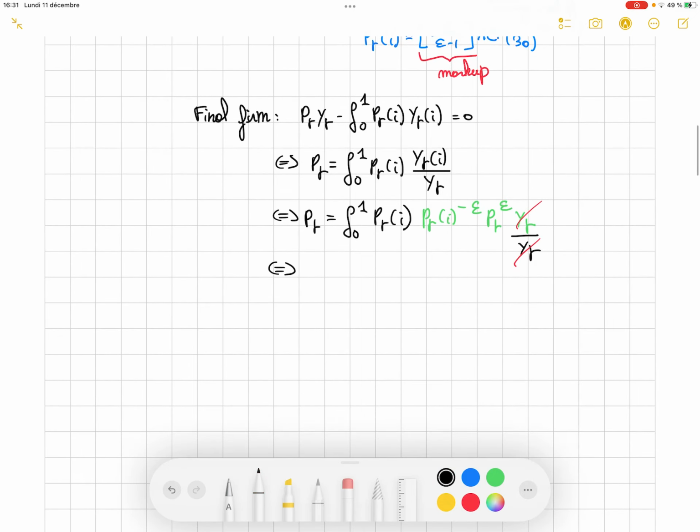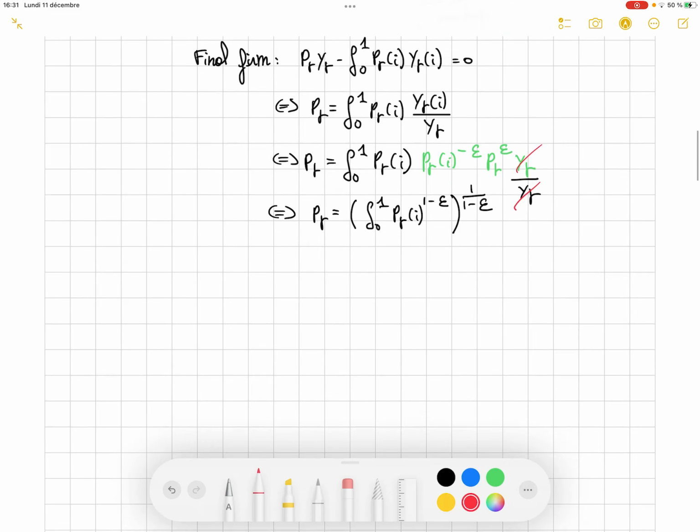And if we continue, then we obtain this expression where the price index is equal to the sum of the price of every variety exponent 1 minus epsilon, all exponent 1 divided by 1 minus epsilon. So that's the classic price index of the Dixit-Stiglitz framework. Here we can go a bit further in that model because we know that all the firms are identical. They share the same technology, it's just that they produce a different variety.